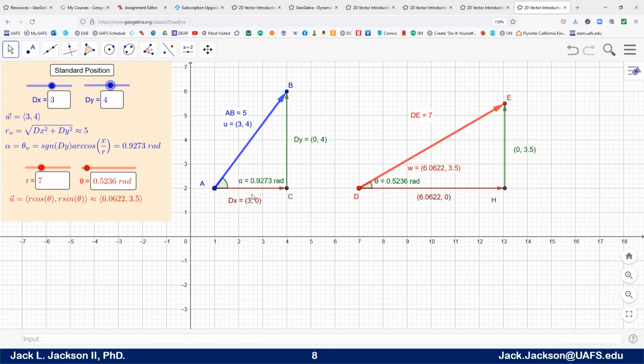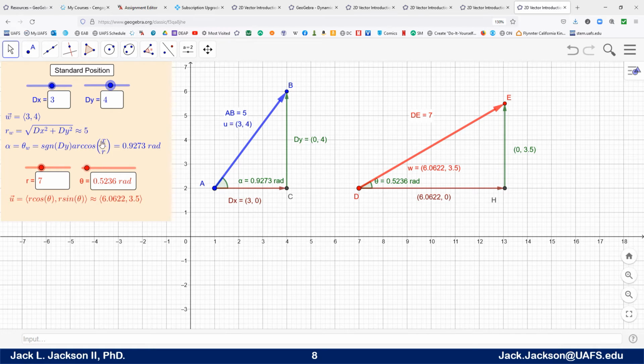So, for example, if dx is 3 and dy is 4, then the hypotenuse r squared equals x squared plus y squared. So that's dx squared plus dy squared, and the square root turns out to be exactly 5 in this case. And then the angle, we know that the cosine of that angle is the dx over the norm,